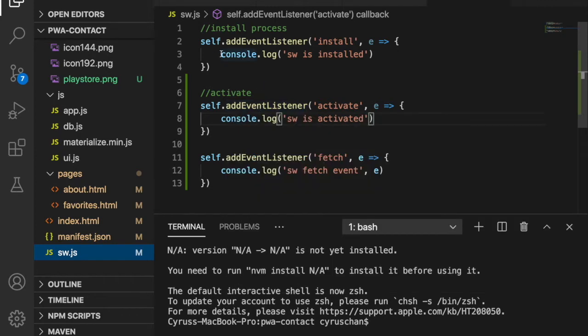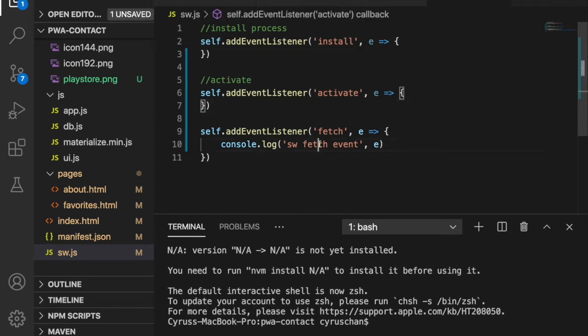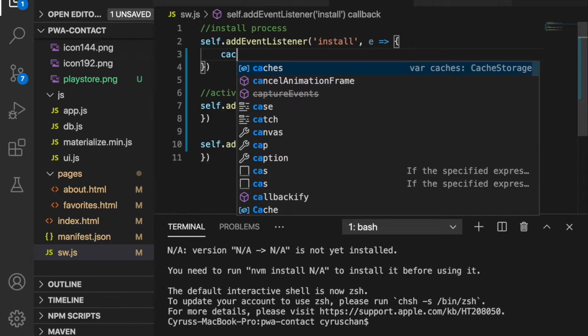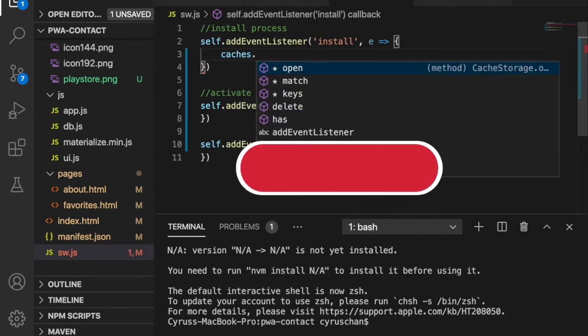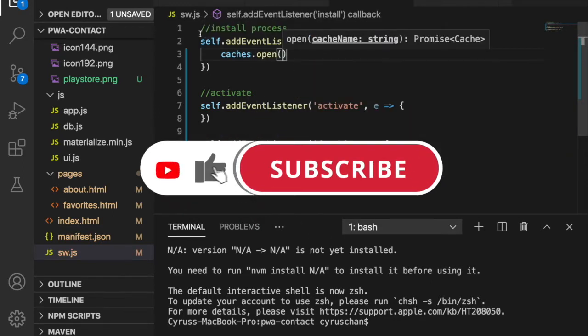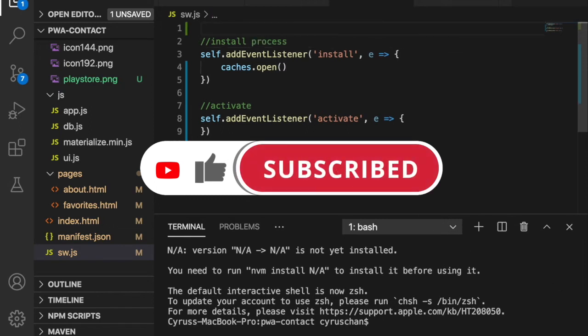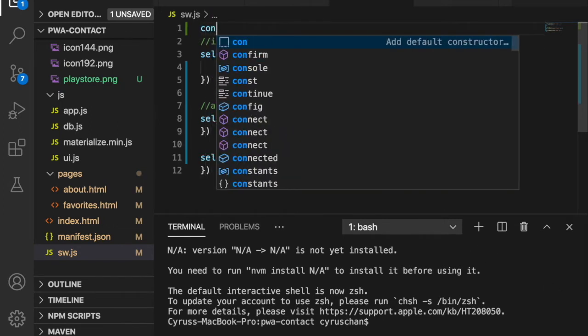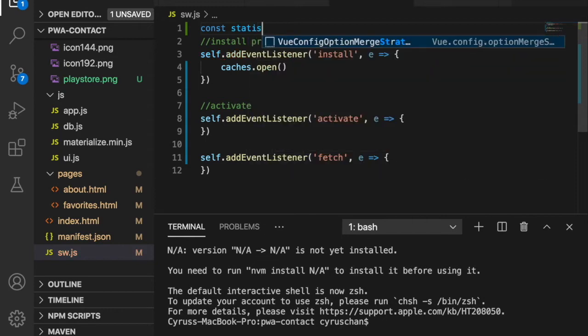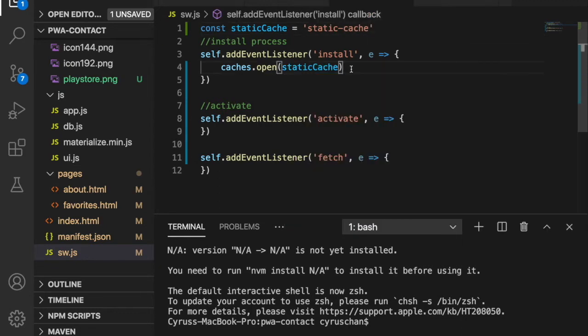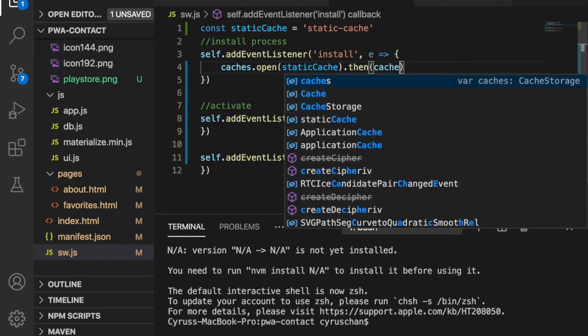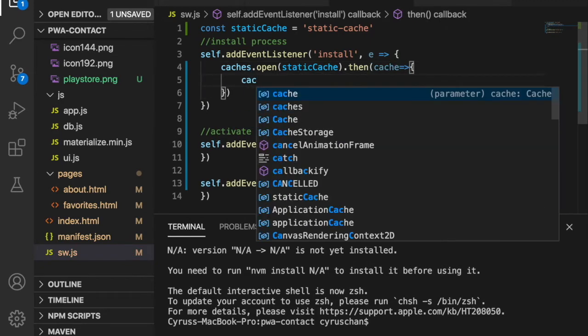So we go to the install process and we delete the console.log. And then we use caches.open, and this creates a cache file if you do not have one. So we create a name. This is static cache, and the name is static cache. And then this is a promise, so we use .then, and then the cache, and then we use cache.addAll